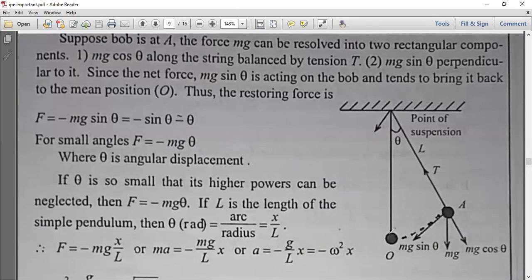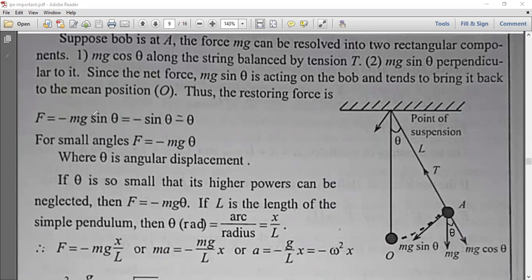See, this is a pendulum, this is a bob of mass m, and now I am pulling it a little to this side, so this is angle theta, and the length of this wire is L. Here, this is tension in the string, this is mg downward, and this component is mg cos theta, as this angle is also theta. And this component is mg sin theta. When the pendulum goes this side, this mg sin theta is responsible to bring the bob back to its initial position. That is called the restoring force.